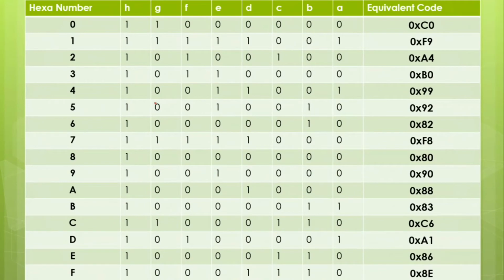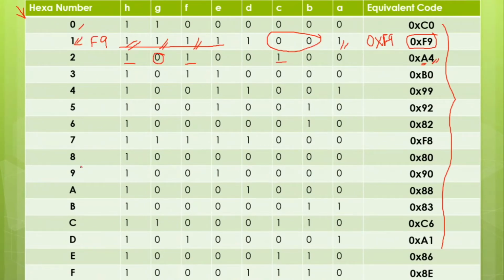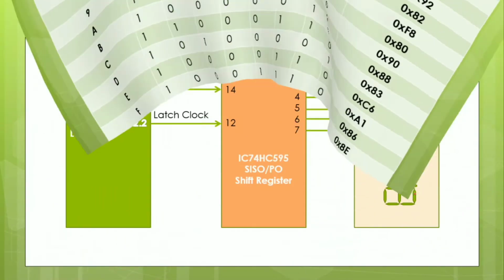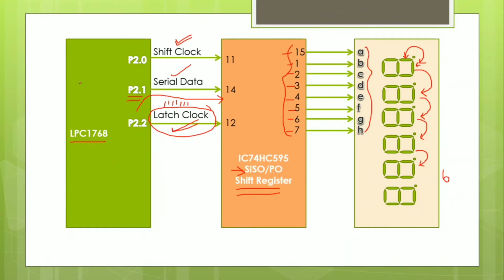Now I'll take one example data. Let me take the example data of A. So what is it equal to? A is equal to 88. I'll remember this, it is equal to 88H. Okay, so I'll take the same data every time. Now serial data, if I want to send